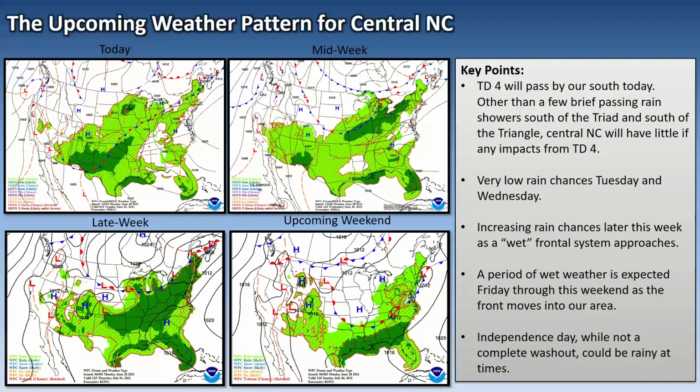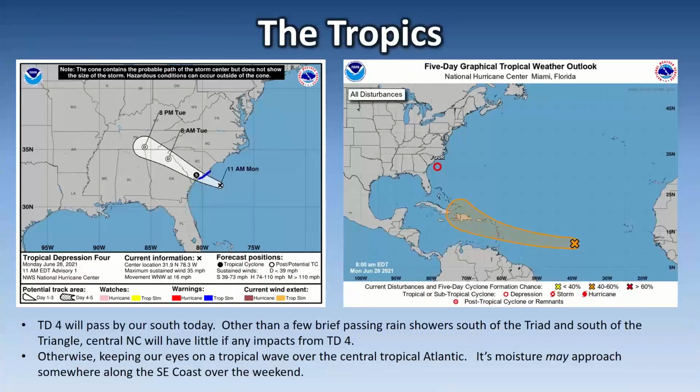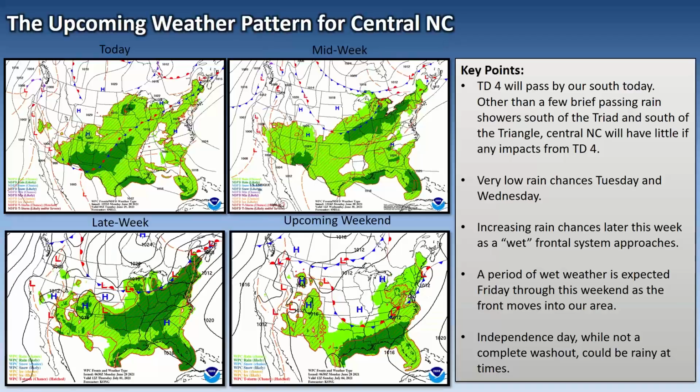And unfortunately, obviously, that moisture will be there regardless of what I talked about with regard to that tropical wave out in the Atlantic. So with a front over our area, if some of that moisture from the tropical wave over the Atlantic approaches, basically what that would do is maybe just throw some more moisture into that frontal system and further increase our rain chances. So anyway, we'll see how that all plays out. But nevertheless, even the tropical system I referenced here in the middle of the Atlantic, take that out of the picture, it's still looking like a